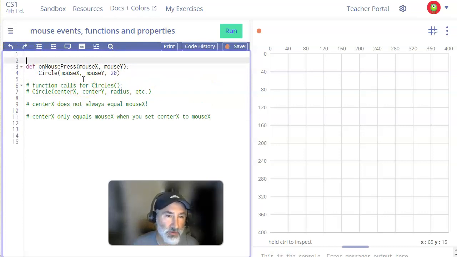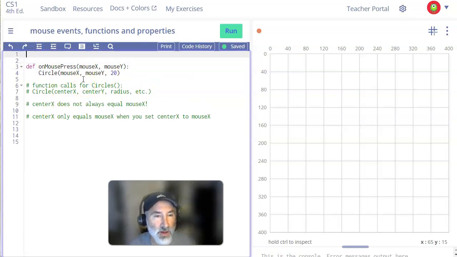Hopefully you've learned about variables and properties. I can have a circle that I call C, or whatever I want to call it. Let's call it G, equals circle. Actually, I'm just going to use this. No, we'll do it up here. Do circle, and we'll set it to 20, comma 30, comma radius of 10. And by the way, if I wanted to use mouse X and mouse Y up here,